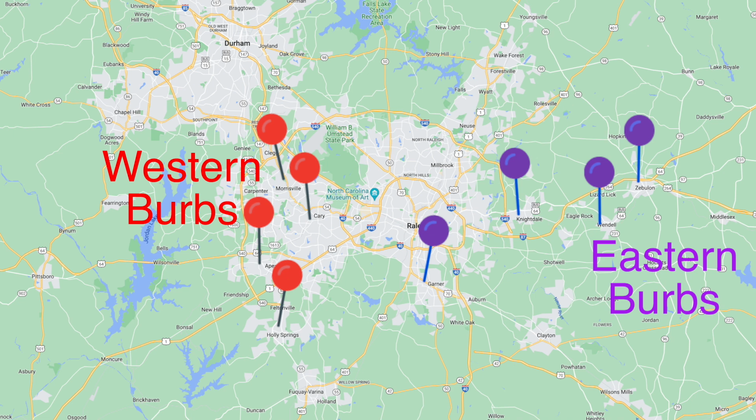But I want to dial into one suburb that I think holds a very interesting piece to the puzzle of how prices will shift across the entire triangle in the future. That suburb is Fuquay-Varina. Now, before I move forward and talk about Fuquay's unique place in the real estate landscape,